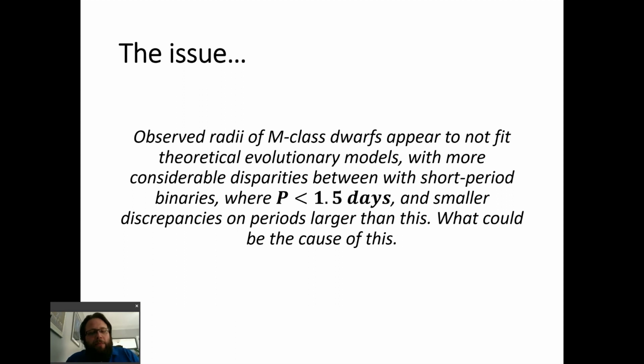what we have observed is that the observed radii of the M-class dwarfs don't seem to match up with what the theoretical evolutionary models show, especially where the orbital period between binary red dwarfs is less than 1.5 days. And now, it could be the fact that they're within a binary system that is causing these discrepancies, and that's what we're going to be looking at. Now,